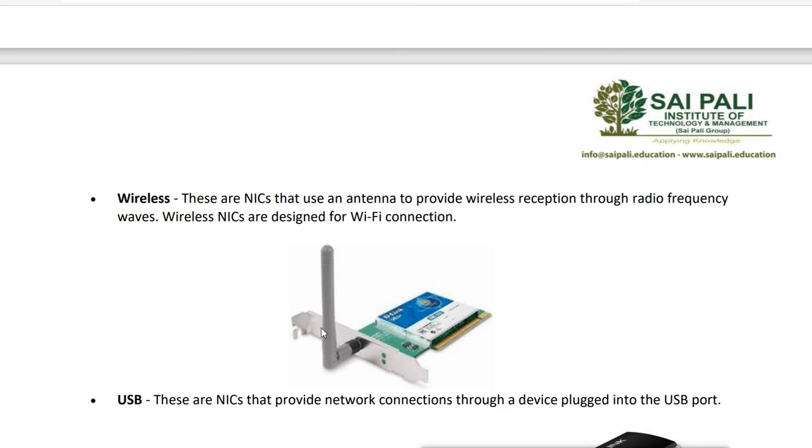Nowadays in our mobile devices or laptop devices, we have the wireless interface card inbuilt into the motherboard. But if you use a desktop machine or old machine, it is not inbuilt. So you have to get this card and connect it into the PCI slot with the antenna, so that you can get the wireless capability in your desktop machine. But nowadays in laptop or mobile, we have the inbuilt network interface card for the wireless network.